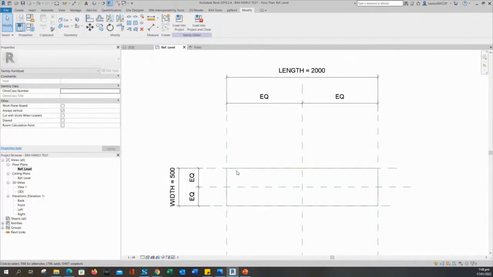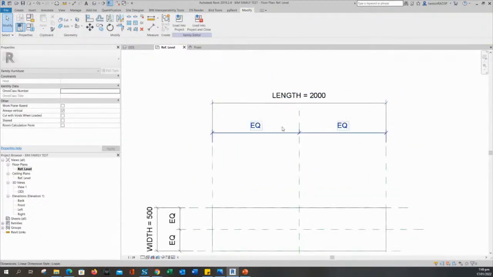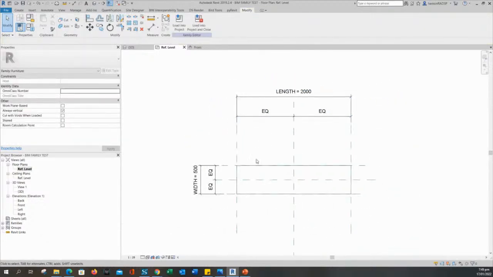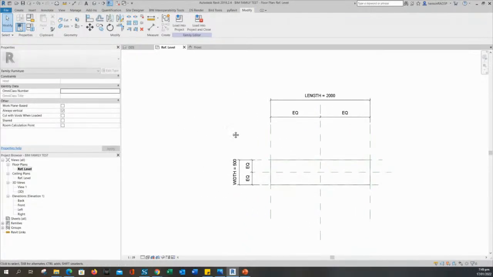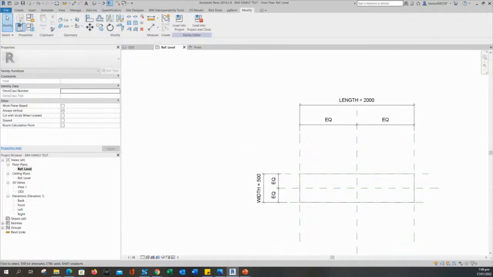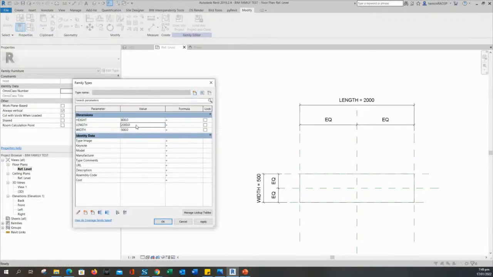Now, the reason why we have referenced it on this reference plane is that when this reference plane moves, it will just follow. It is locked. So let us test again. If I'm going to make this one, two. So you see,